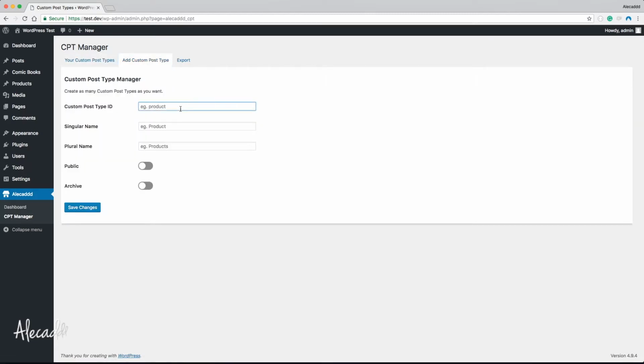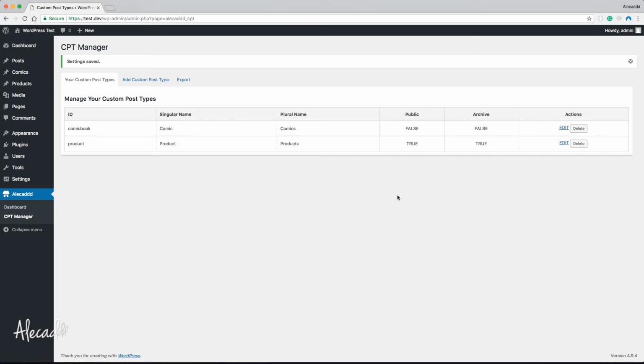I can literally just rewrite comic book as the custom post type ID, and then the singular name I want to be comic instead of comic book, and the plural just comics instead of comic books, leaving public and archive completely empty. If I save the changes, automatically I'm gonna update the changes,